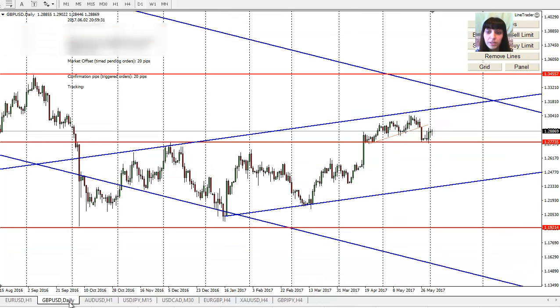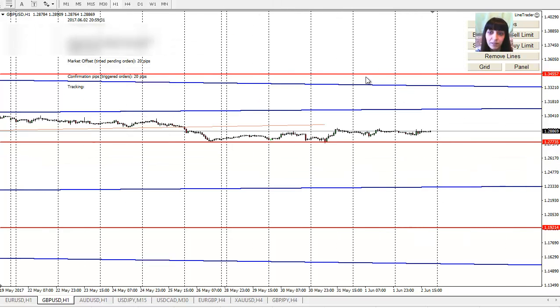So pound dollar, and again, as I'm saying, if nothing else unexpected happens, this is what I'm expecting right now, waiting for ECB, but anything can happen before that, as we all know. Another very important one, as I'm saying, 8th of June is going to be like Judgment Day, very important for pairs, and for pound especially, it's going to be election day. And again, you have to be careful with smaller accounts. It could easily jump in any direction, and easily could blow up accounts. So you have to really think and decide whether you want to go for trading such events like elections.